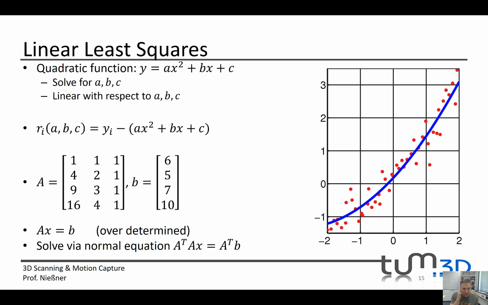In the linear part, linear doesn't mean that it's just such a simple problem. So for instance, if you want to fit a quadratic function here, you can also do it this way. You can just have the quadratic function y is equal to ax squared plus bx plus c. You can now solve for a, b, and c. Now we have three unknowns, and it's actually linear with respect to a, b, and c, because if you're writing